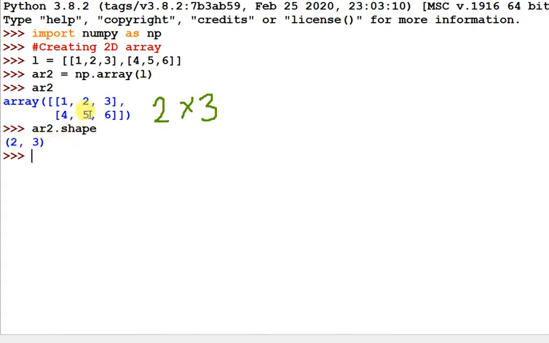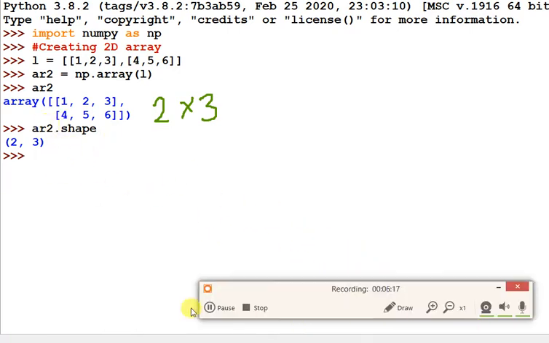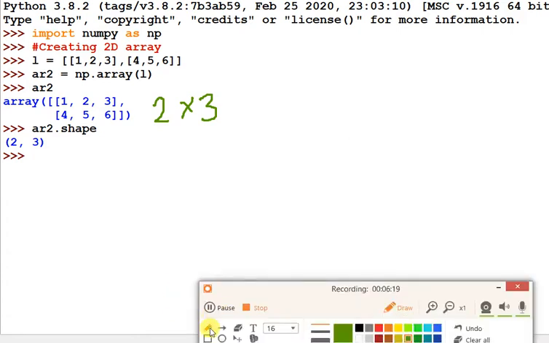If you want to access this 5, what is the address of this? This is the row number 0 and this is row number 1, so the row of this is 1, and the columns are 0, 1 and 2.